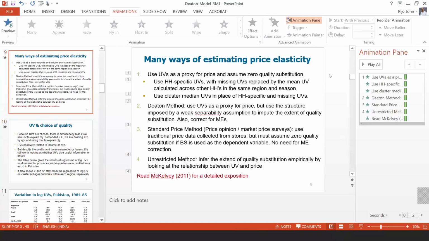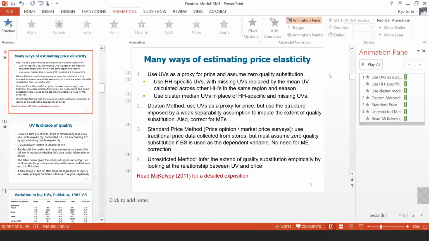Deaton's method, in practice, probably becomes the only method to estimate the price elasticity with household budget surveys. As you will see, most household budget surveys only collect these unit values, and we do not have matching retail price data to match with these household budget surveys in reality. There are only a few countries or places where such retail price data are available to be able to match with these household budget surveys. So we are left with relying on Deaton's method